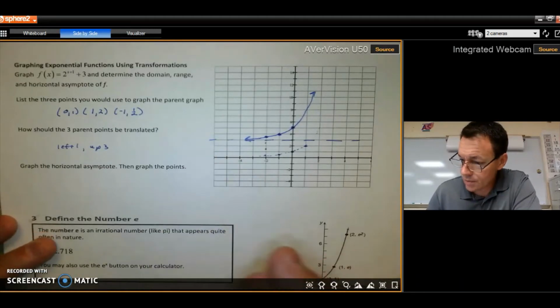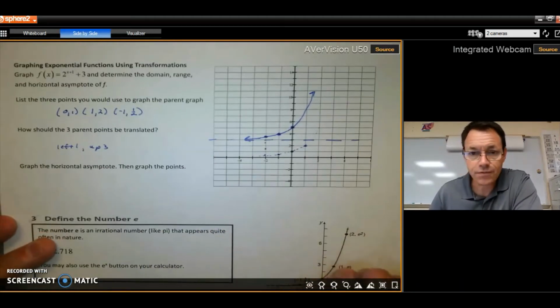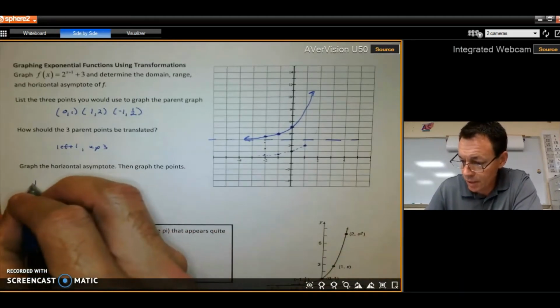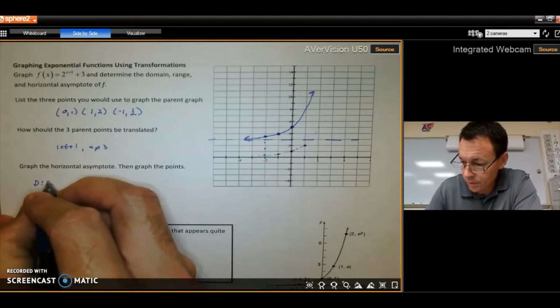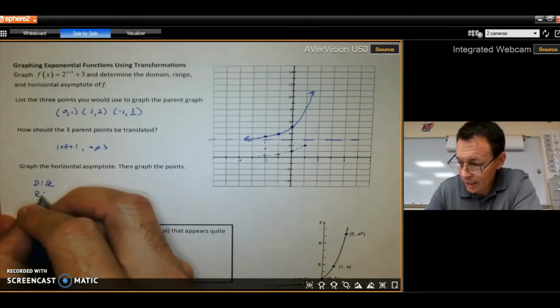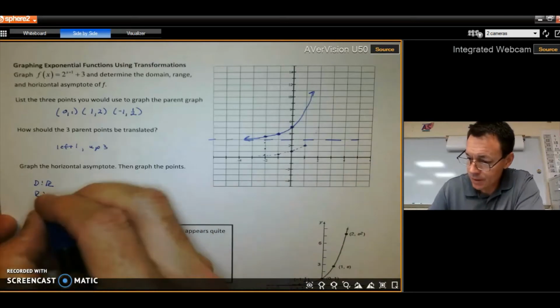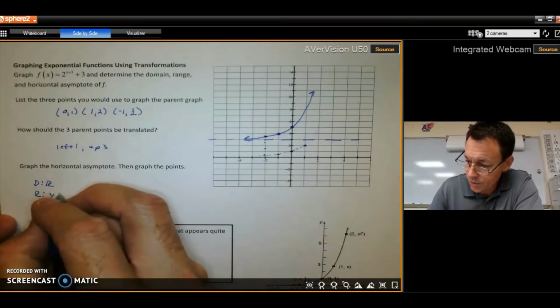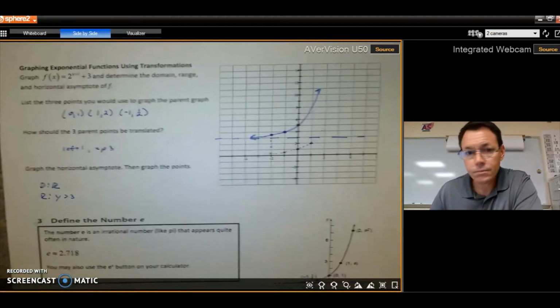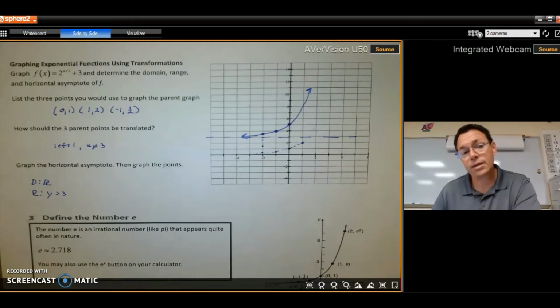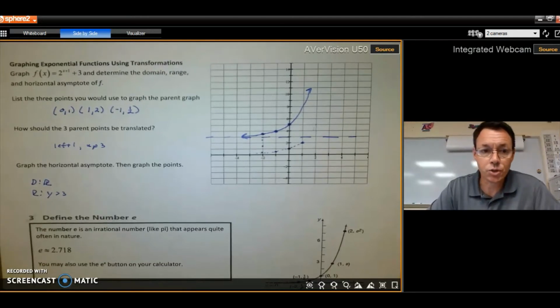That's our horizontal asymptote. The directions also ask us to find the domain and the range. Well, your domain is all real numbers. And the range, because everything's shifted up, is now all the y values greater than 3. Okay? So that's how to graph an exponential using transformations. Now, there is one